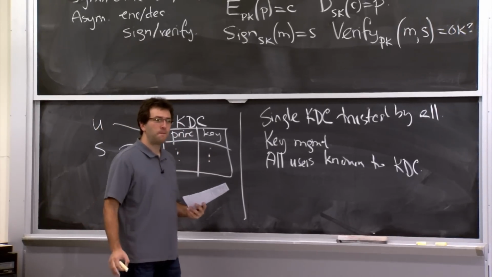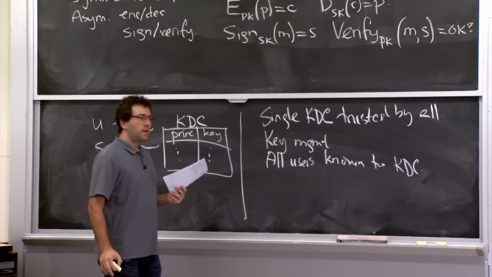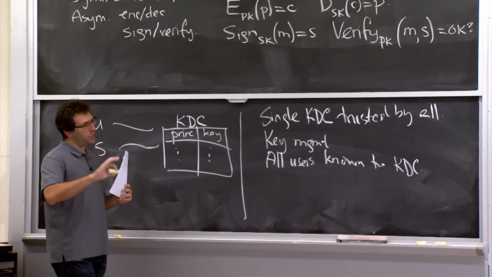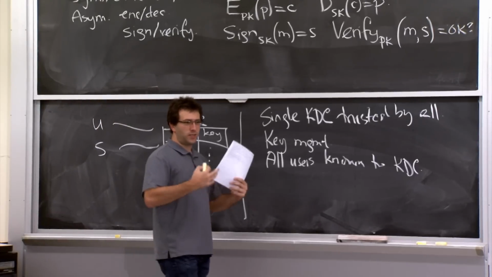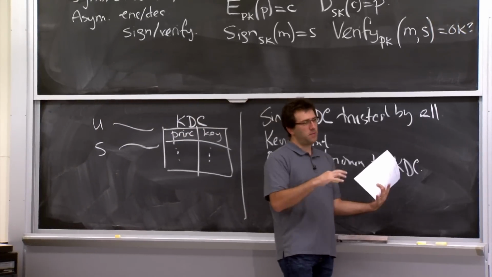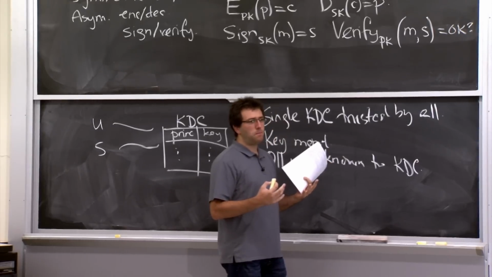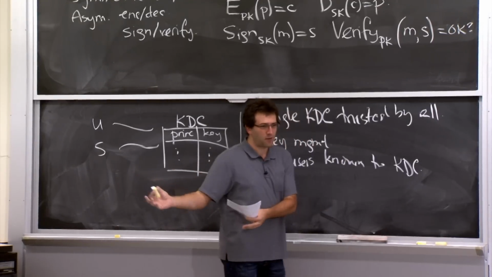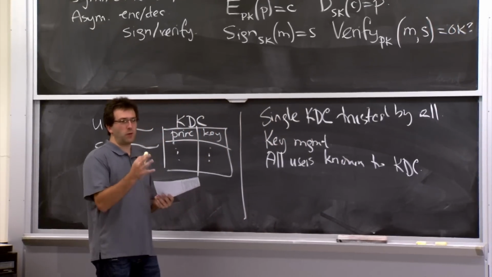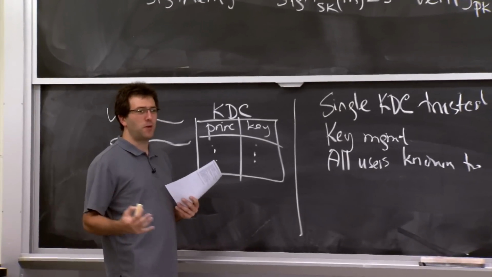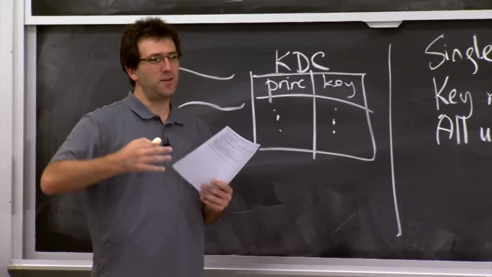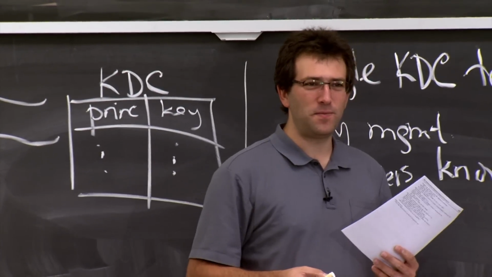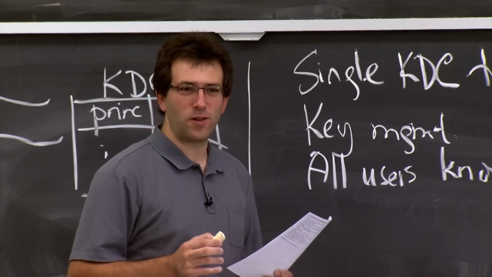Also, forward secrecy is a problem with Kerberos. If someone's private keys get lost, then all the past communication is exposed. That's right, yeah. So there's these kinds of considerations, right? There's forward secrecy, and there's a couple of other things you want from the cryptographic protocol, and we'll look at how they show up in SSL as well. But at least there, the solution is exactly the same: what you would do in Kerberos and what you would do in SSL or TLS to address those. But you're absolutely right. Kerberos, the protocol we read about in the paper, is pretty dated. So even if you were using it for the web, you would want to apply some changes to it. Those are not huge, though, at the protocol level.